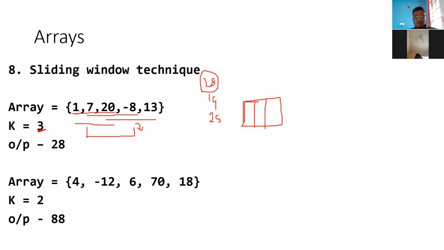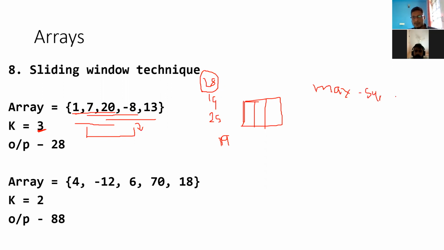What you are doing is subtracting this. So now the sum is 28, you are subtracting 1, so that becomes 27, then adding 8, so it will become 19. So the next sum will be 19, and you initialize the max sum to 28. So it will be something like this. You will have max sum.